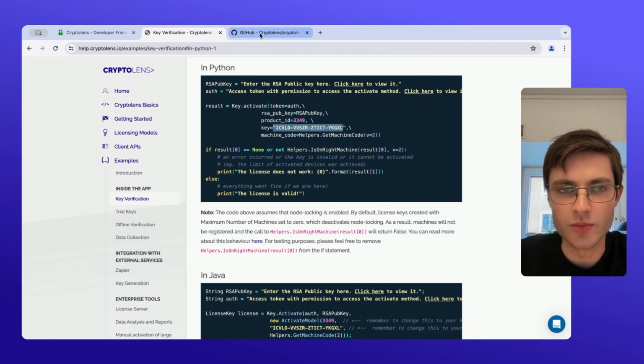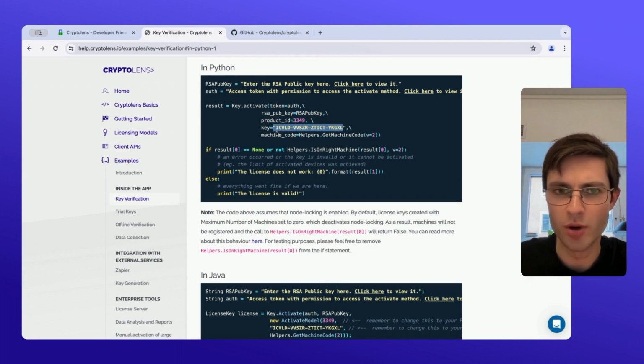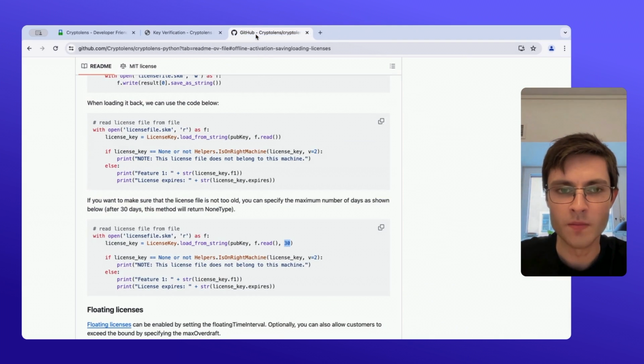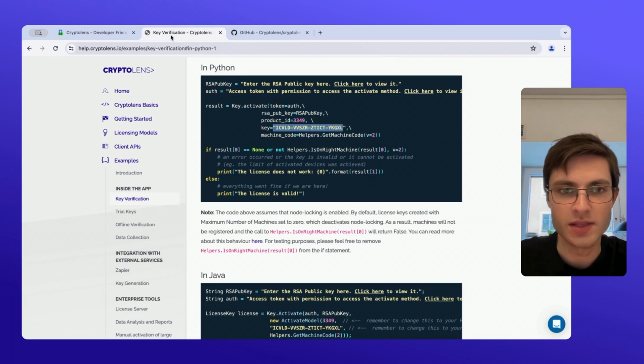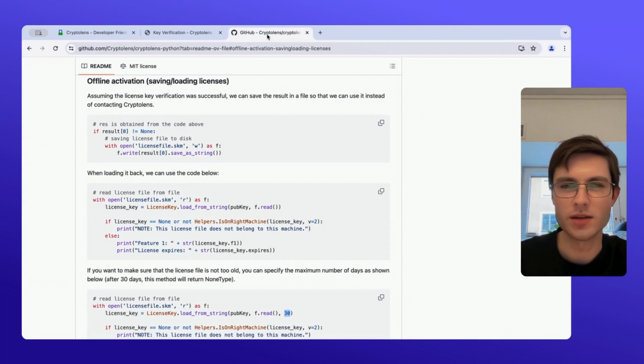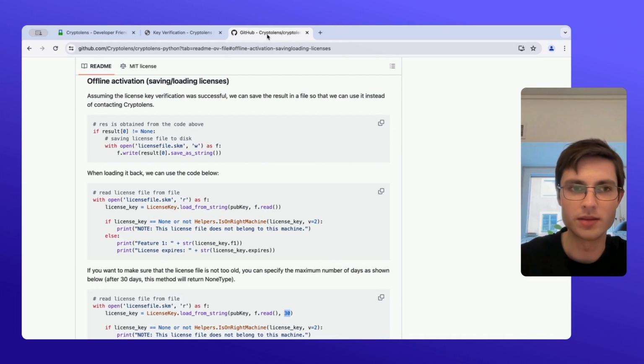So the second scenario, which we mentioned in the beginning, is the one where they're permanently offline. And there are a few ways to handle it, but since they're permanently offline, we'll not be able to use the call to key.activate, and instead we would have to send your customers the license file. And there are a few ways you can do it, and I will cover them all. So one of the ways, which is more advanced, is that you can call key.activate on your end, and then save the license object to a file,